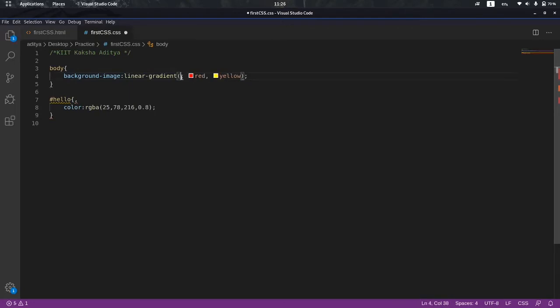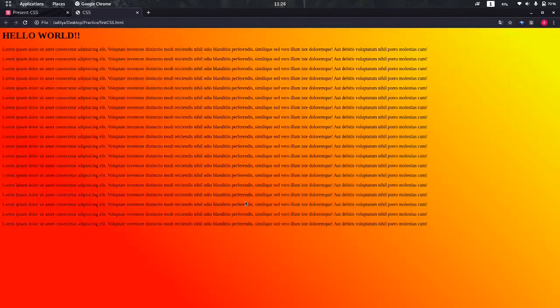We will just need to write the angle in place of "to right" or "to bottom". What I will do, I will write 45 degrees and just refresh. So now what you will see, that this transition is happening from red to yellow at an angle of 45 degrees, along this line, along my cursor, this transition is happening.